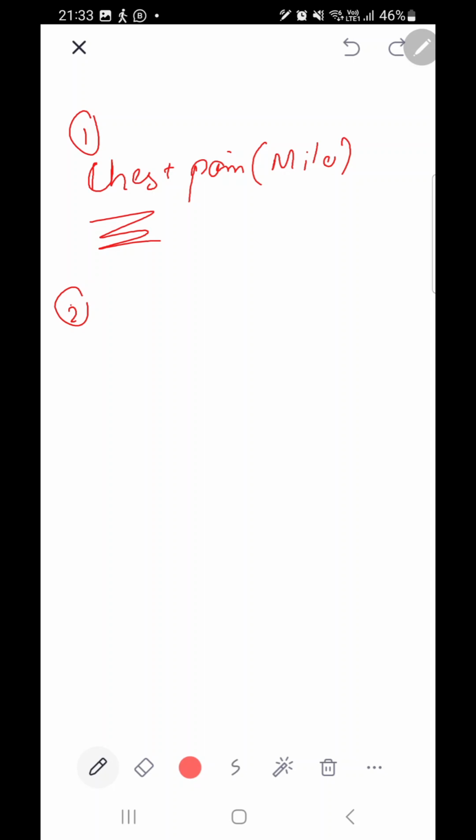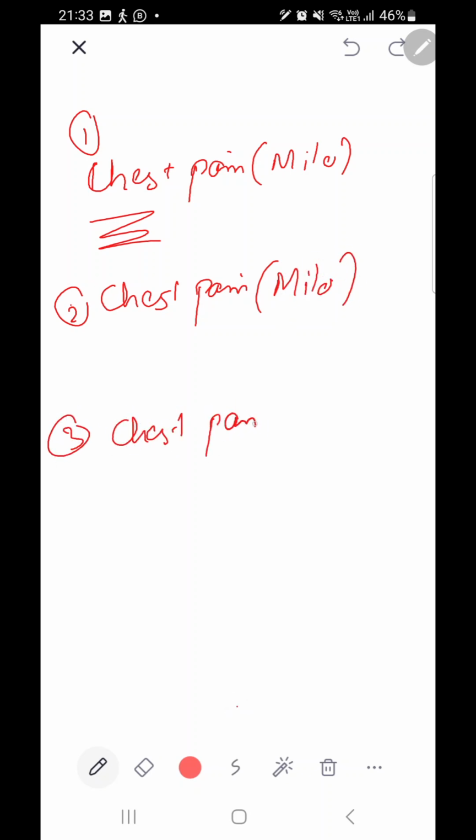Let's say the same thing, if we have the repetition of the event: the chest pain is there with mild intensity on the first visit, and there might be other information as well. I will show you. Then again, he has chest pain in mild intensity. Again, he has chest pain in mild intensity, right? So you can see that if I would not write down the intensity now,